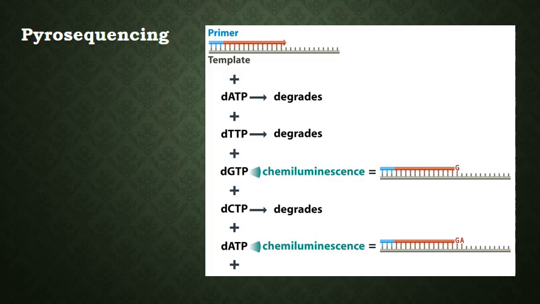Detection of chemiluminescence is very sensitive, so each reaction can be of very small volume, perhaps just 1 picoliter. This means that up to 1.6 million reactions can be carried out in parallel on a 6.4 square centimeter slide, enabling 25 million nucleotides of sequence to be obtained in 4 hours. A rate of sequence generation some 100 times faster than is possible by the chain termination method.